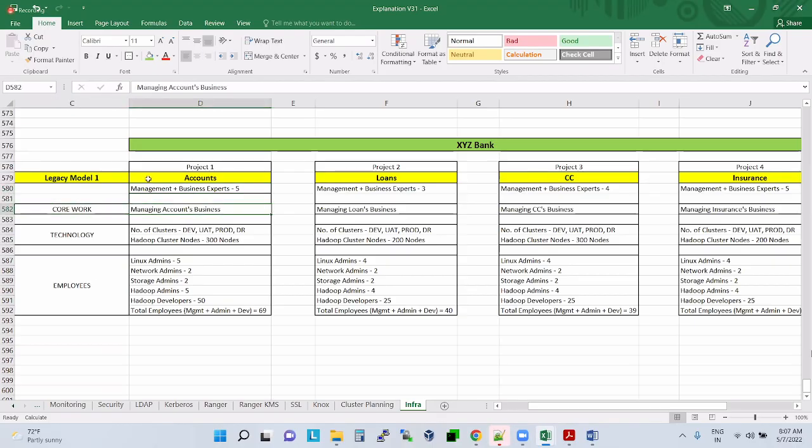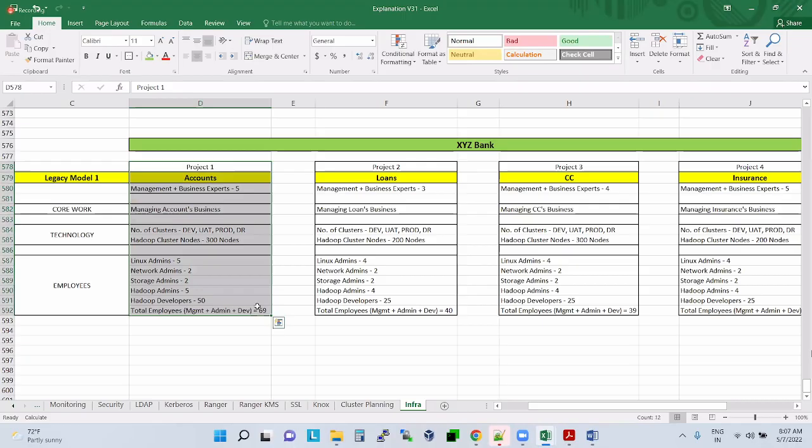But if I ask these management people about clusters and Hadoop, they may not be so interested. At the end of the day, to store their accounts data, they need this, so they are okay with it, but otherwise they are not much interested in the technology and employees part. I've seen situations where the accounts team calls someone to take interviews because they don't have Hadoop people to do them. So all these days, this is what the model is.